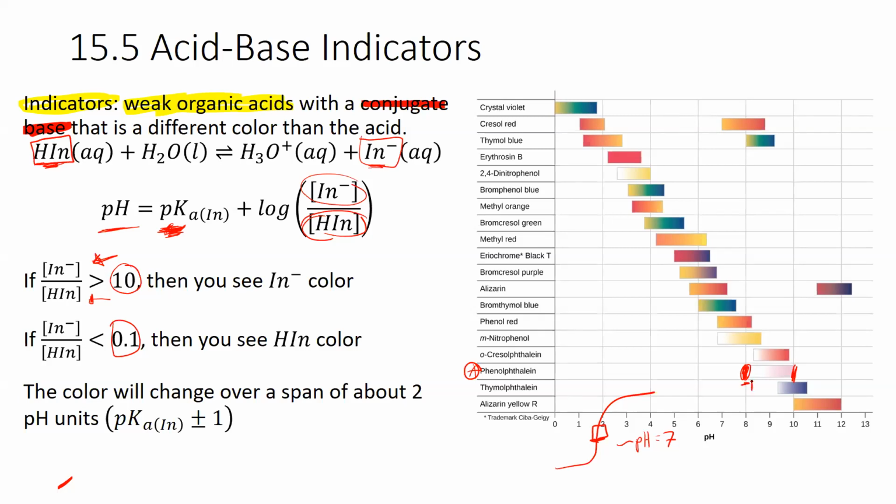And so you really want just that glimmer of light pink color to be right at the equivalence point. If you've picked your indicator well, that's when you will have a good endpoint that comes right at the equivalence point. With phenolphthalein, it just barely turns pink as the pH goes above 7. There are other indicators out there that you could use, but something that's kind of useful to keep in mind is,